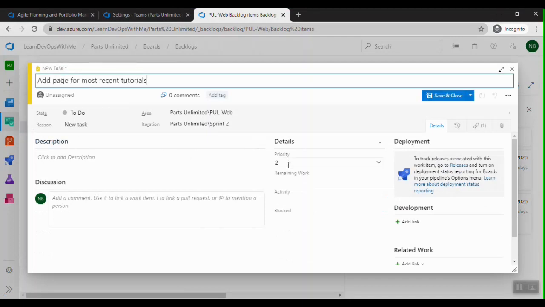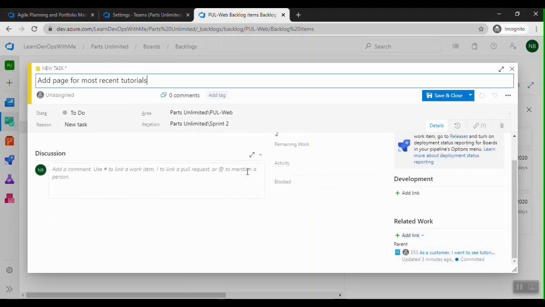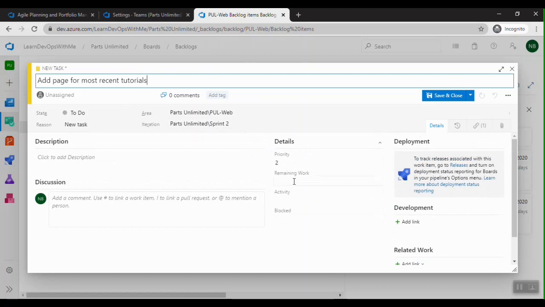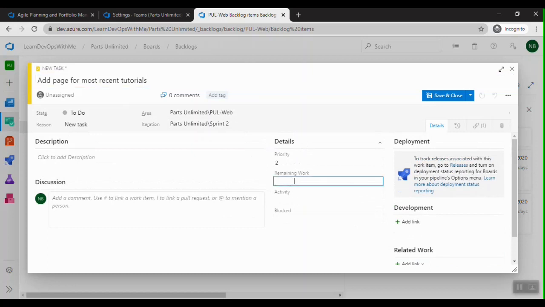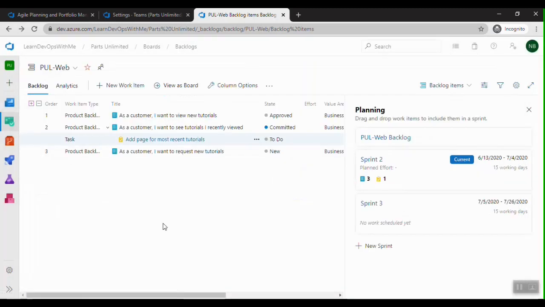Here you can see the area path and the sprint remain the same as the parent work item. Let me put a remaining work here as 5, and I can define the type of activity. So I can say this is a development activity. Let me save this. Similarly, let me create one more work item.